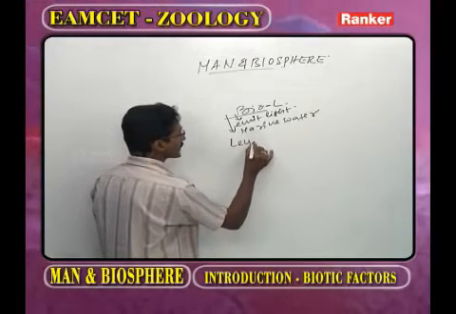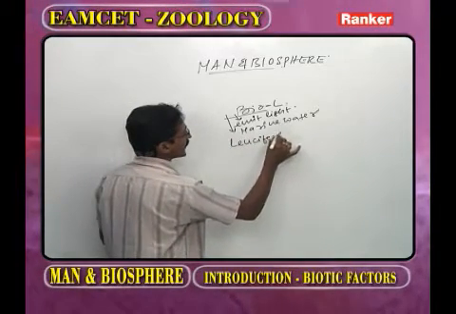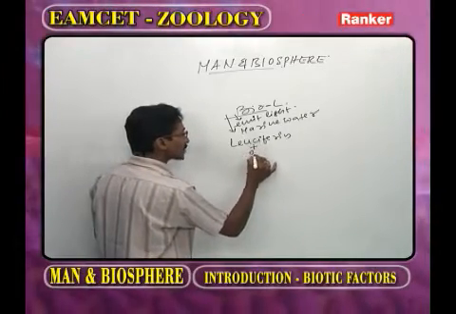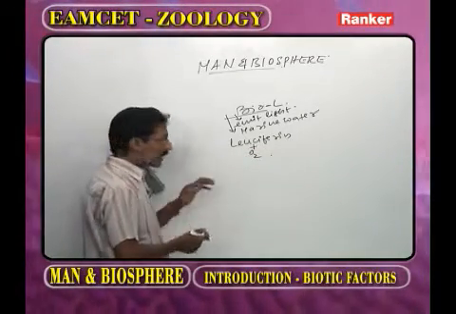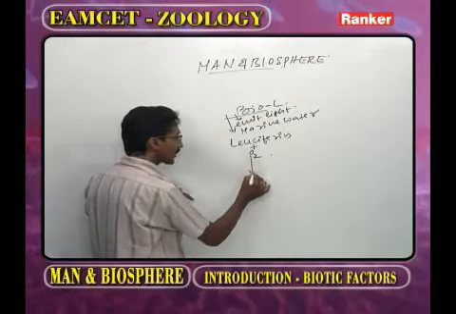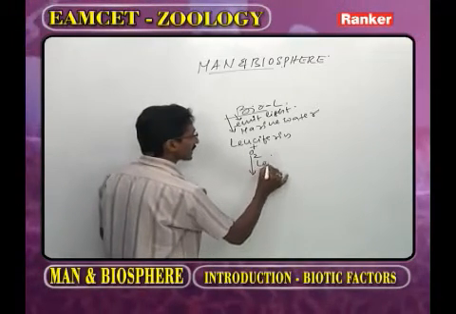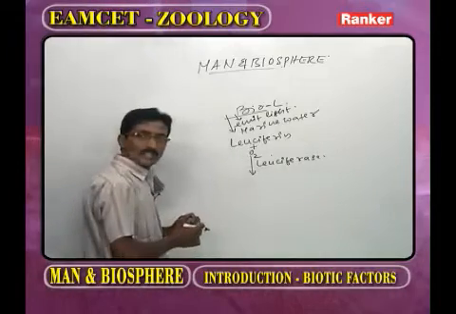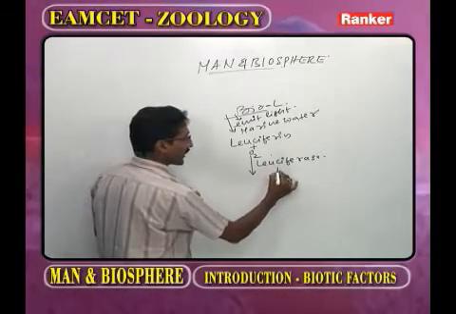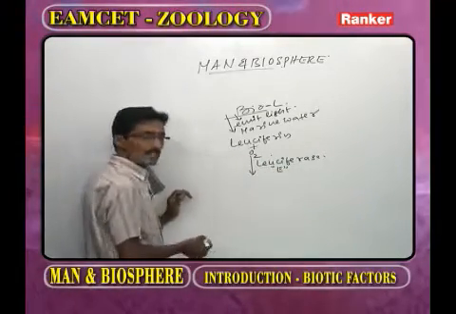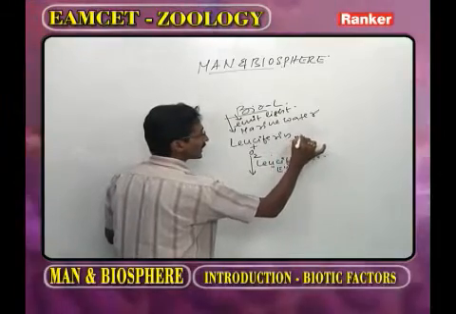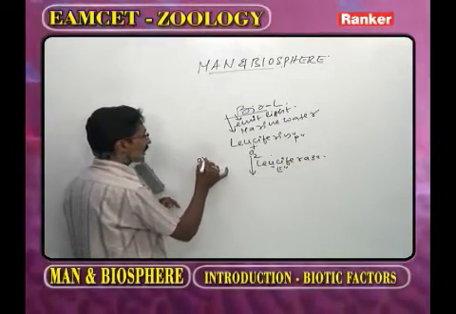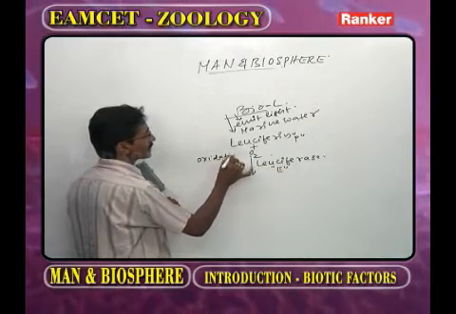What type of protein is present? That we call luciferin. Now, the luciferin undergoes what type of chemical reaction? Oxidation. Here, what is the catalyst? That we call luciferase. Luciferase is an enzyme, luciferin is a protein, and the chemical reaction is oxidation.